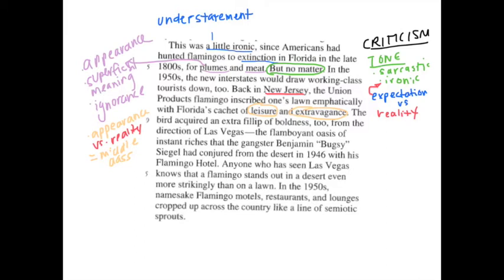Next, Price references Las Vegas, and she calls it the flamboyant oasis of instant riches. And here she's using Las Vegas as a model for American culture. It's rich, it's flamboyant, it's bold. It's what the pink flamingo represents. And she actually references a gangster, Benjamin Bugsy Siegel, who